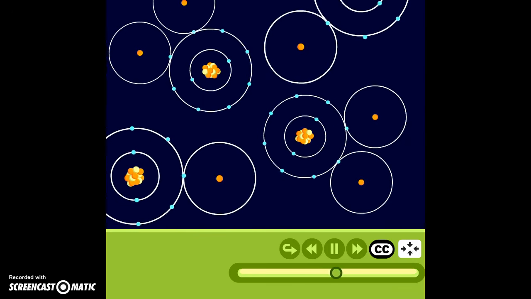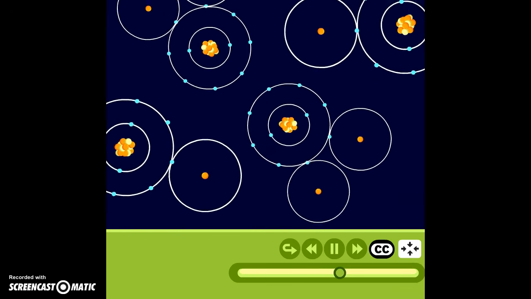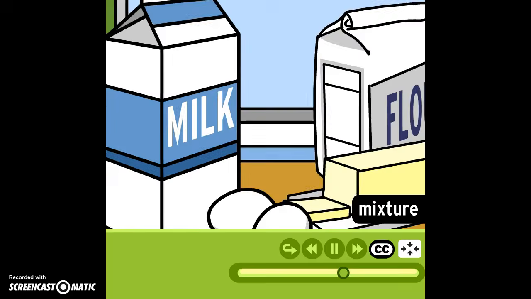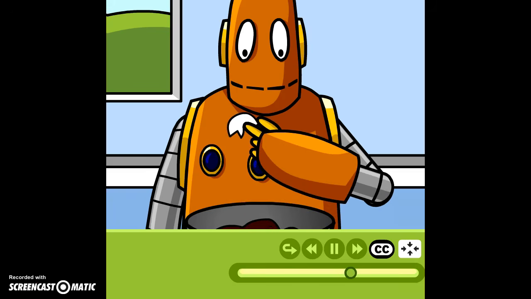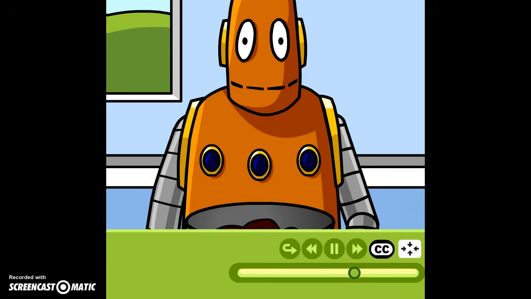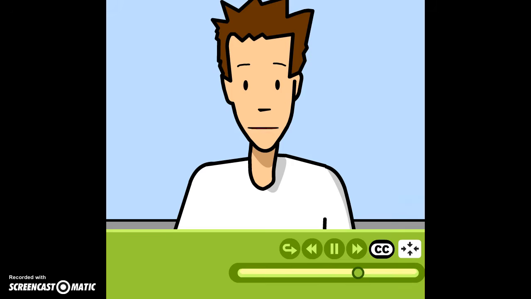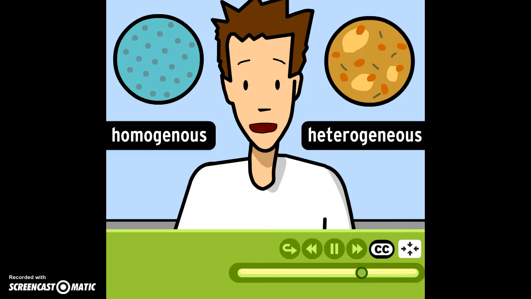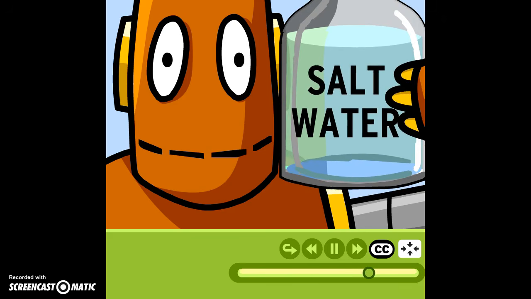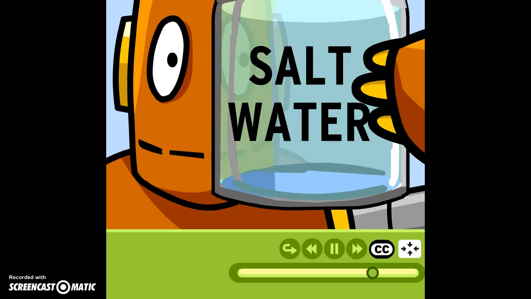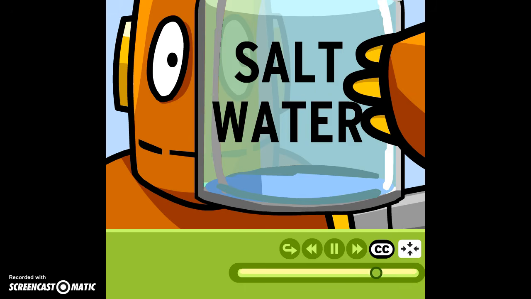When two or more elements or compounds are blended without combining chemically, you've got a mixture. Each substance in a mixture keeps its own properties, and mixtures can be separated using physical or mechanical means. Solids, liquids, and gases can all be blended into heterogeneous or homogeneous mixtures. This bottle contains a homogeneous mixture of salt crystals dissolved in water. No matter how hard you look, you won't see the salt crystals, and the mixture is pretty uniform throughout the